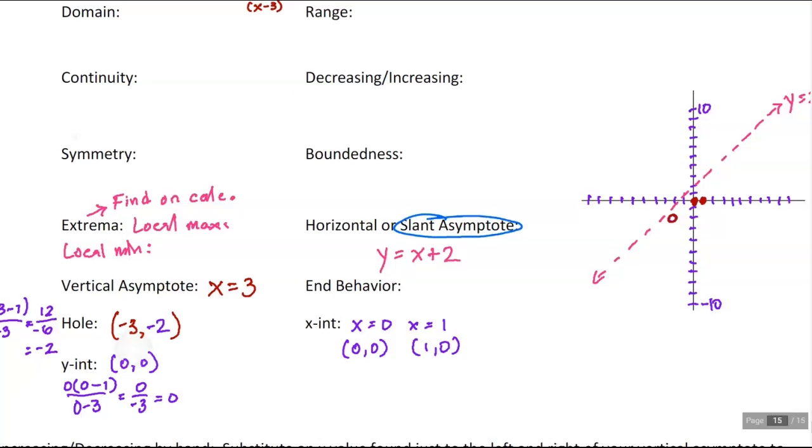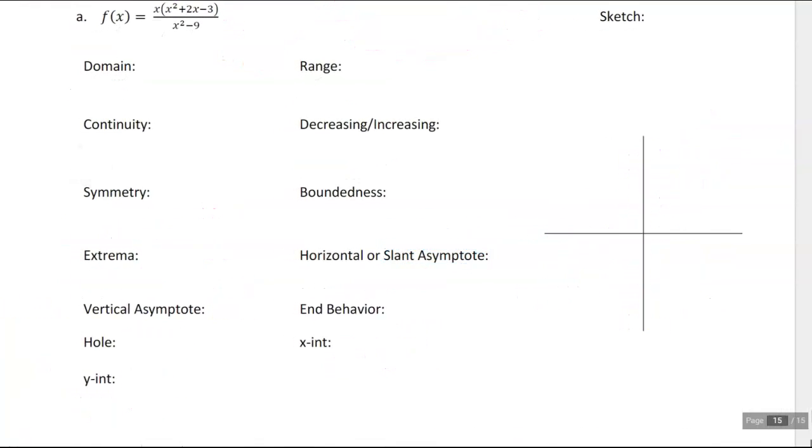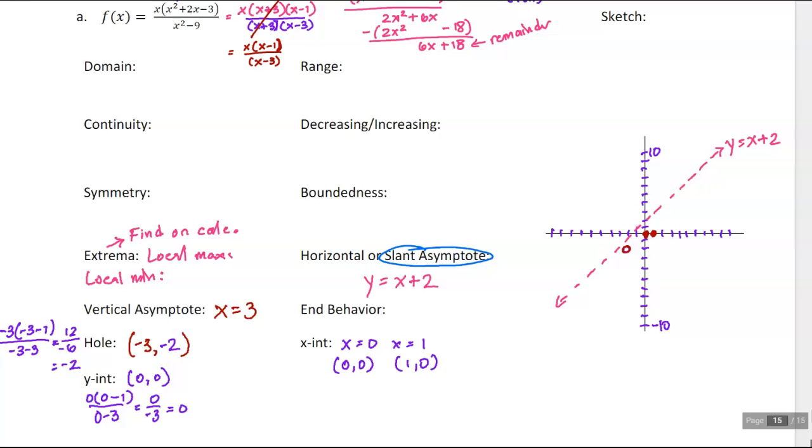All right. So now for the rest of this problem. Obviously, this graph is not continuous. I do have a vertical asymptote, which I haven't drawn yet. I should go ahead and draw that at 3. This is x equals 3. And I also have those symmetrical points. So if this is our center,